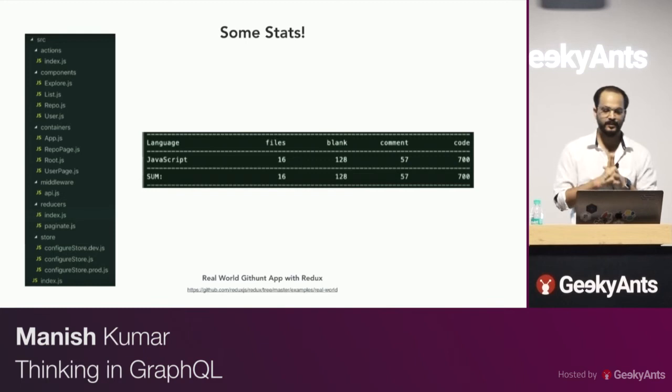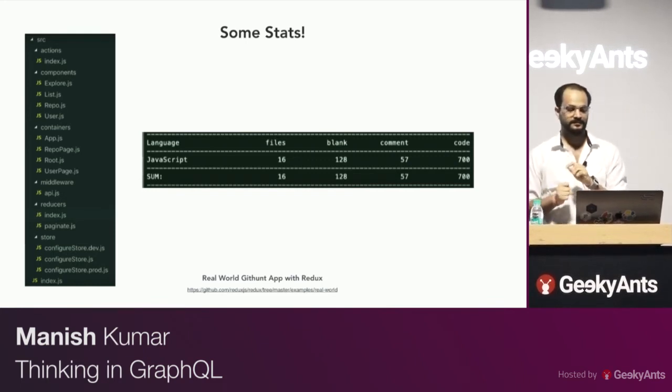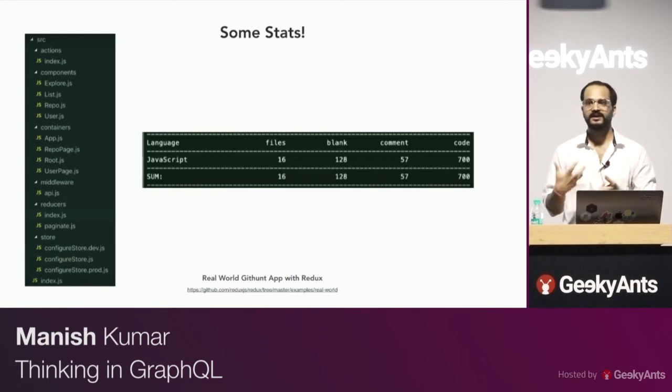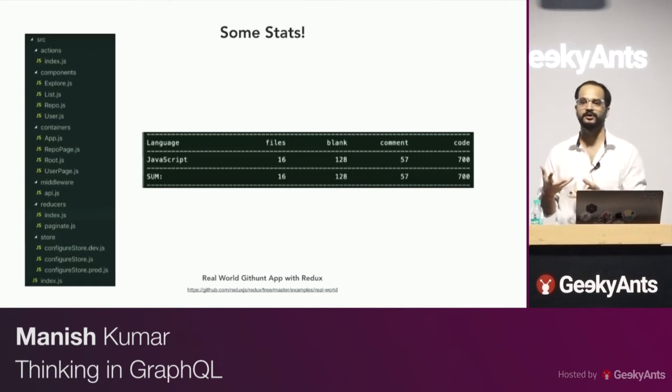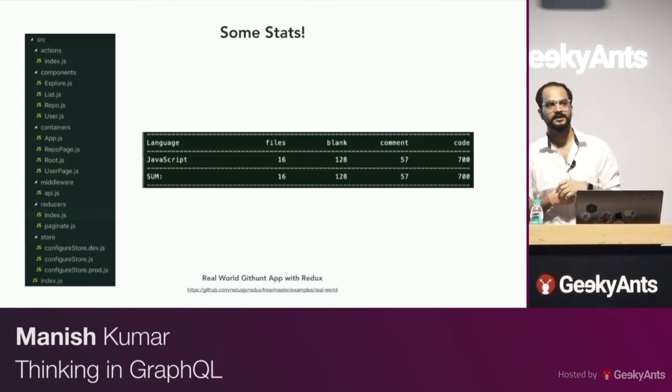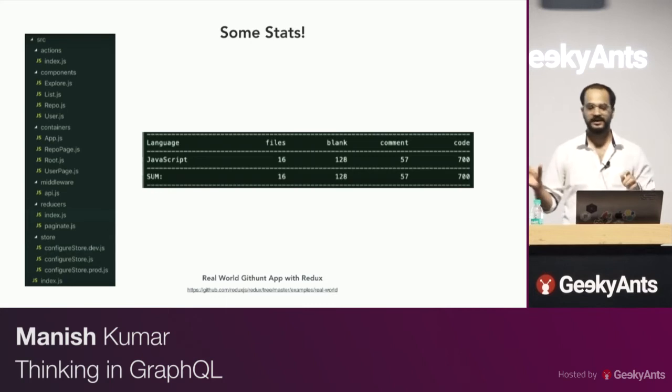There's an app called GitHunt. GitHunt is an app which is used by Redux in their official GitHub repository to showcase the ideal usage of Redux in a real world app. If you look at it, there are some stats on that.